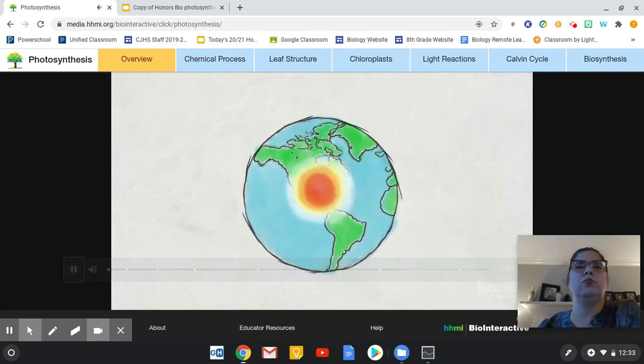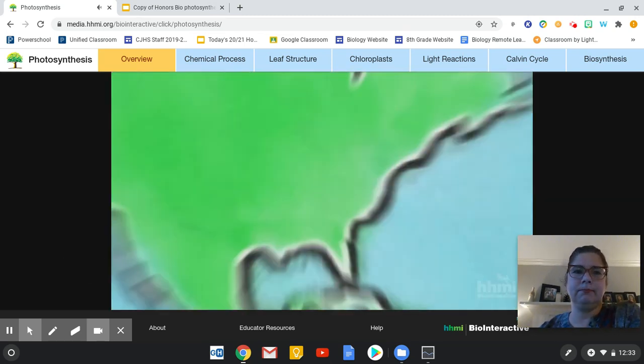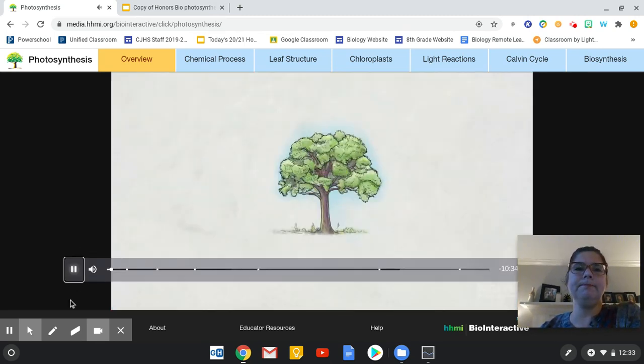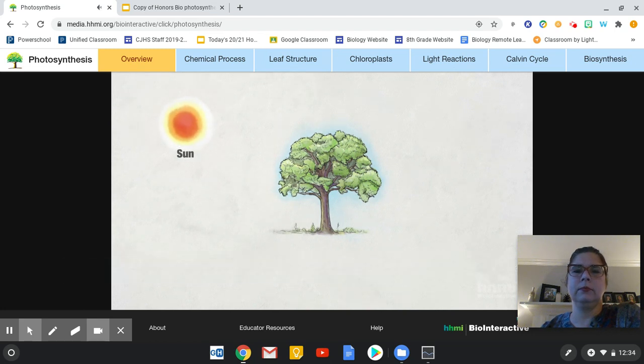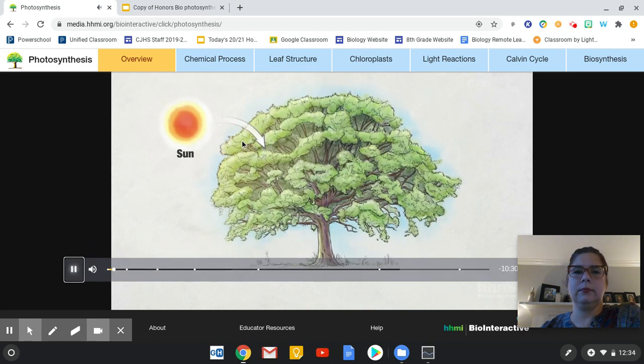Almost all life on Earth is solar powered. Plants, algae, and some bacteria capture light energy from the sun and convert it to chemical energy in a series